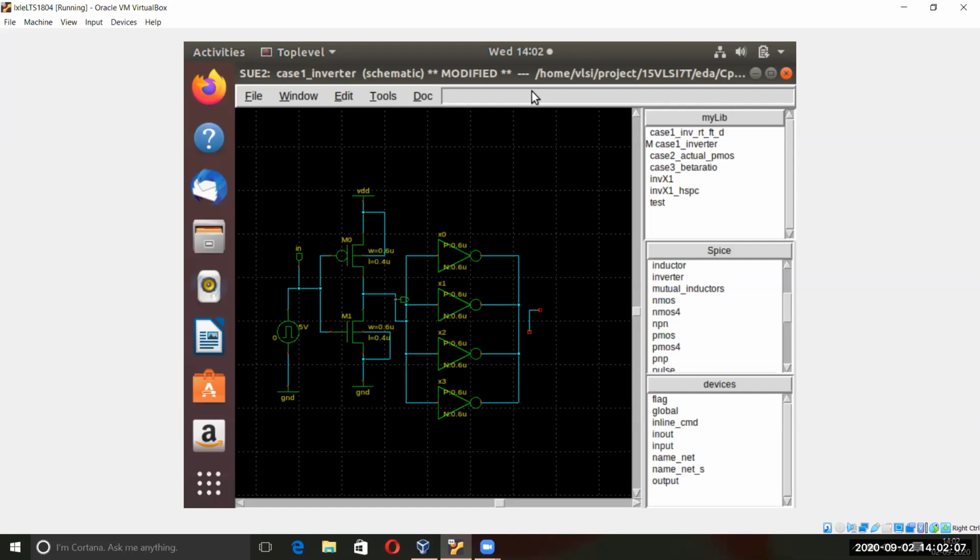Why are we connecting the bulk to the source of the NMOS? Because we don't need the bulk effect. Take the ground, which is at the lower potential: the lower potential of the NMOS.